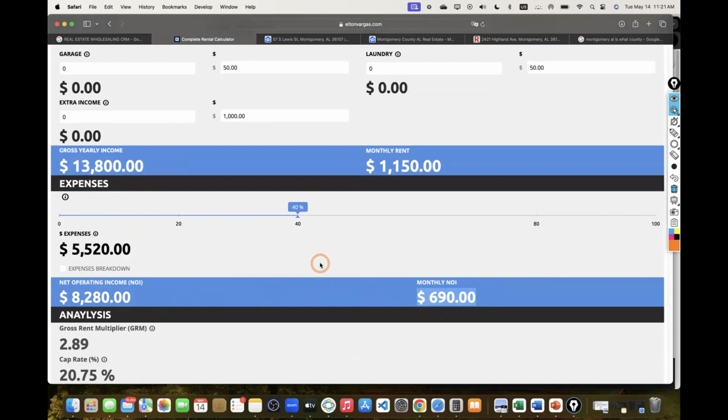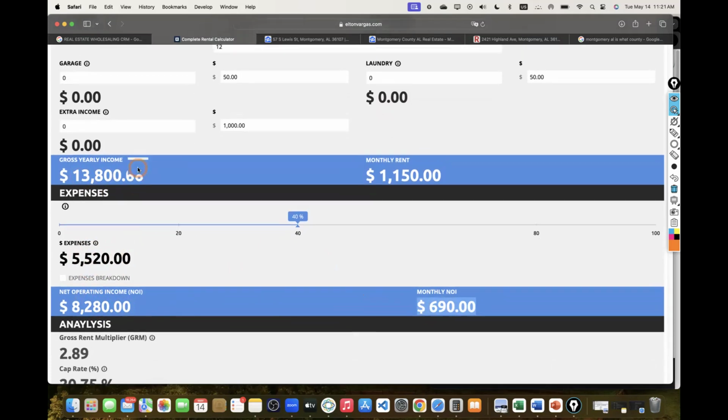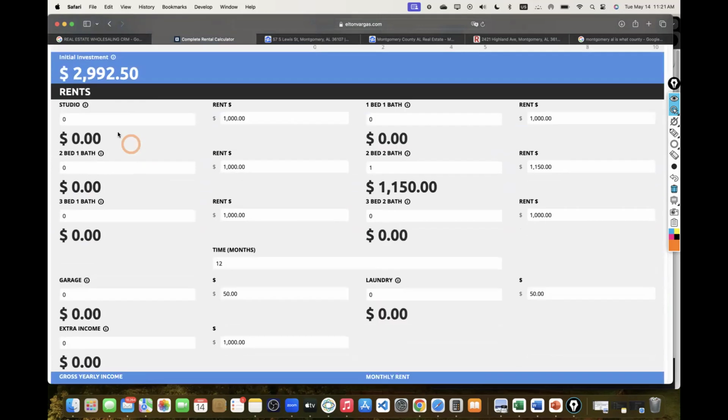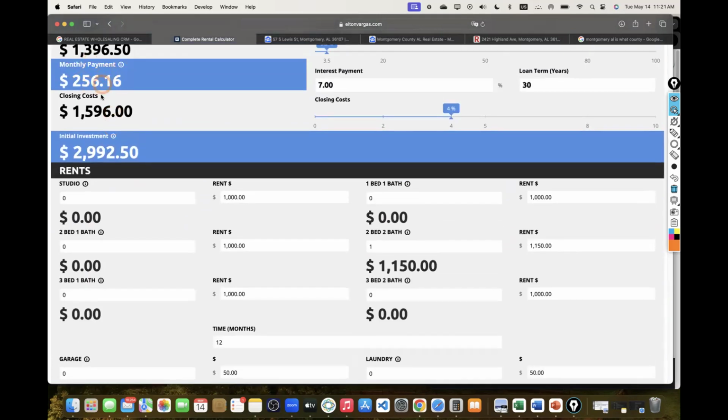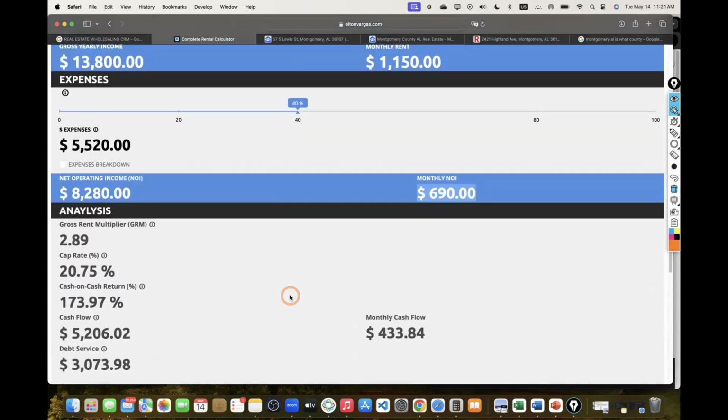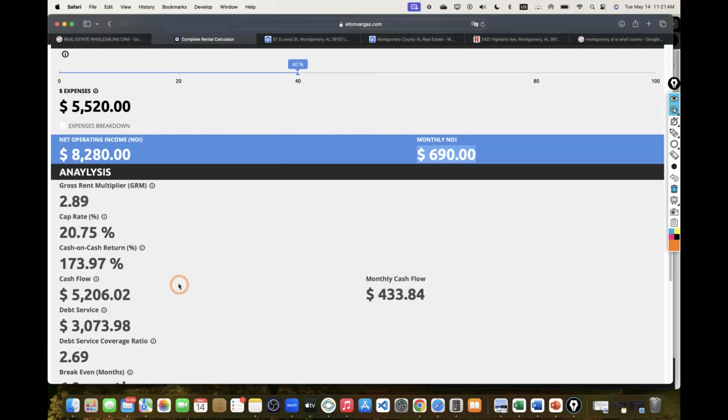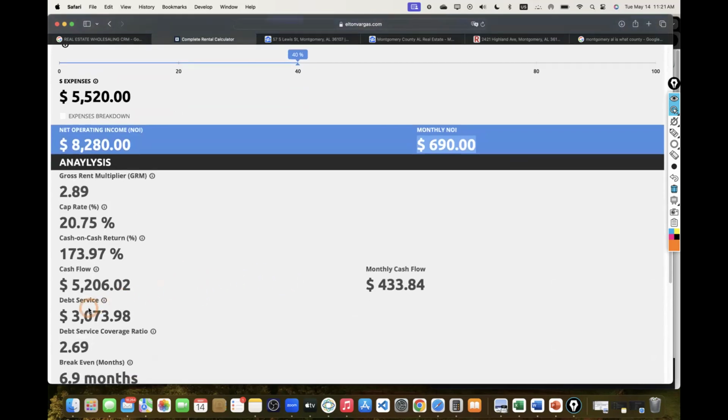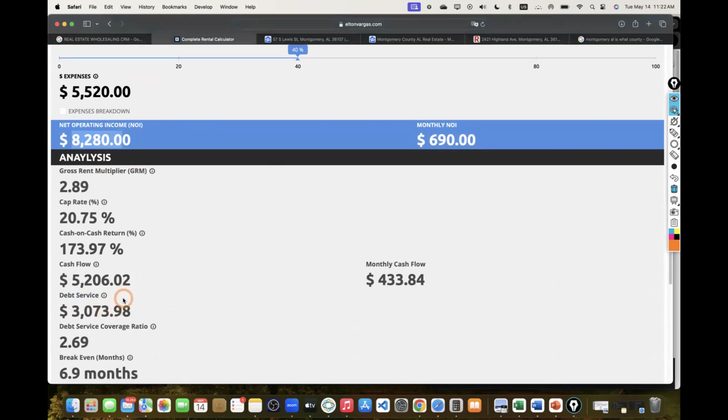But now, because I am financing this property, I did an FHA loan on this property. The last thing I have to consider, my final expense, is going to be this monthly payment, or what we like to call in our rental investing arsenal, debt service. Debt service is the same thing as a mortgage. So we have to subtract the debt service or mortgage from our net operating income. So the $8,280 minus the $3,000 of mortgage for the entire year.